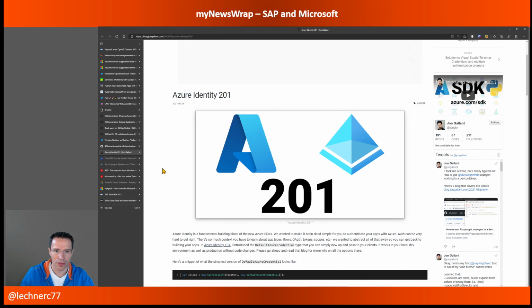Then another blog post around the area of Azure Identity, so making use of the Azure SDK and letting that one do all the heavy lifting around authentication. There are two blog posts. I have referenced the second one within the show notes, called Azure Identity 101 and Azure Identity 201, that show you how you can make use of Azure Identity within your apps, how to make use of this part of the Azure SDK. And the second part of the blog post series also dives a bit deeper into how the mechanics are really working behind the scenes when you use the default Azure credential with the SDK.